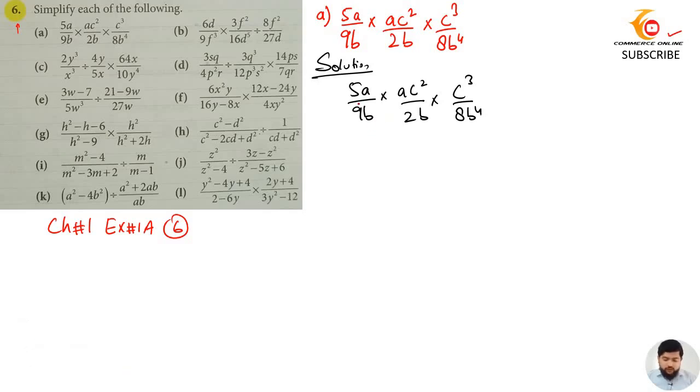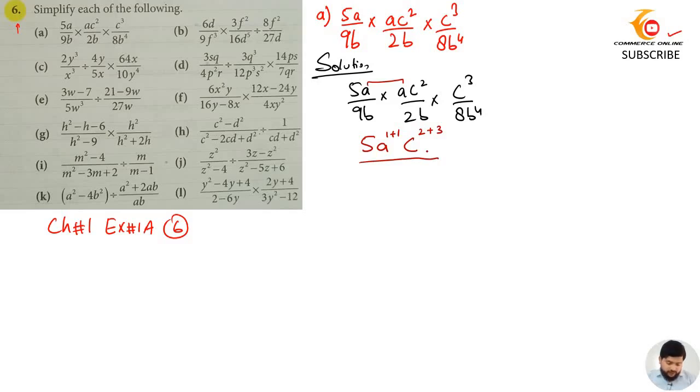If you notice that we have 5a, ac square and c cube, and all the values are multiplying with each other. So we're going to have 5a. Now a multiplied with a, base is the same. So when base is the same, we will add the power. There is one power of a and 1. Now c, when multiplied with c, we are going to add the power, that will be c2 plus 3.